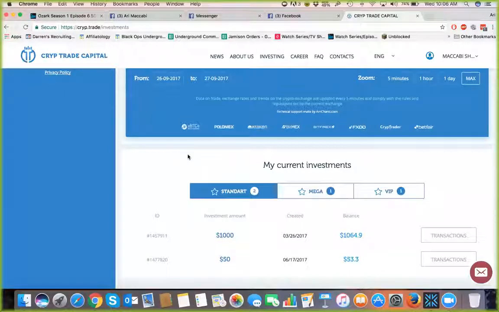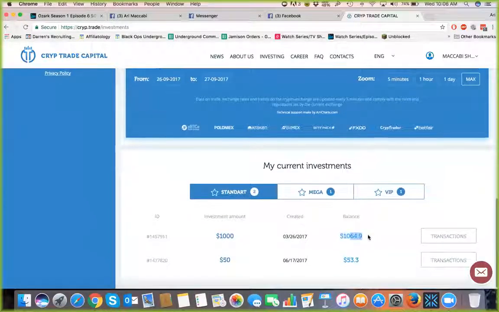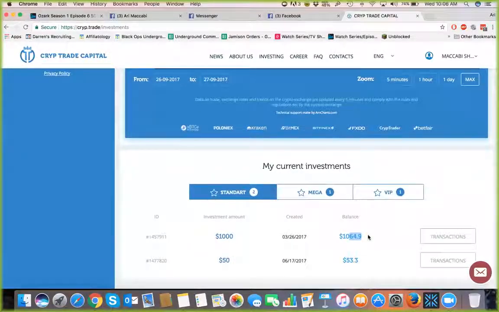So people ask me this all the time because they get confused on it. They say, hey, Ari, I thought you said we get paid every day. Well, I'm not seeing any money because they're waiting for it to show in the wallet. That's not where it shows. It shows right here. So what you're going to notice is I've got $64.90 in profit off of this 15-day